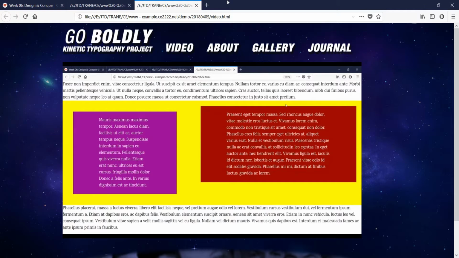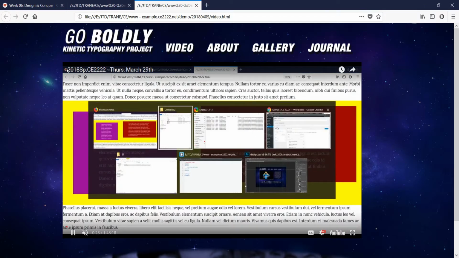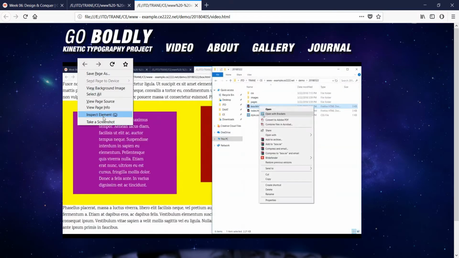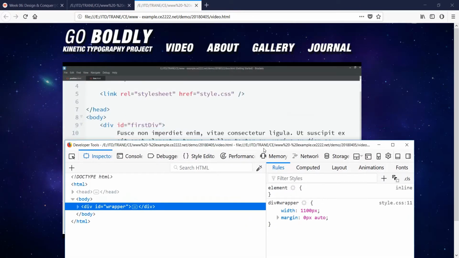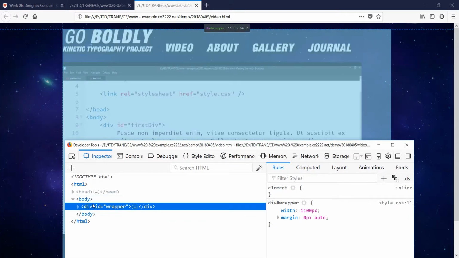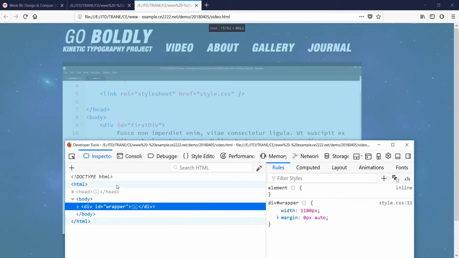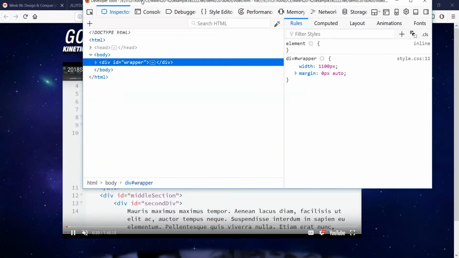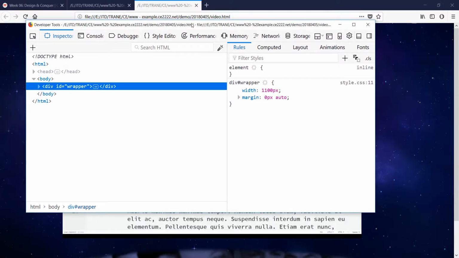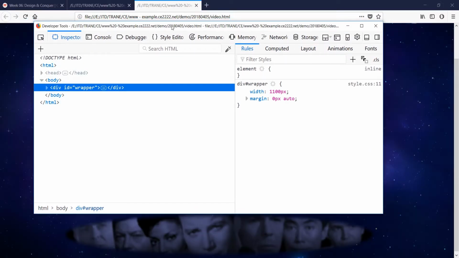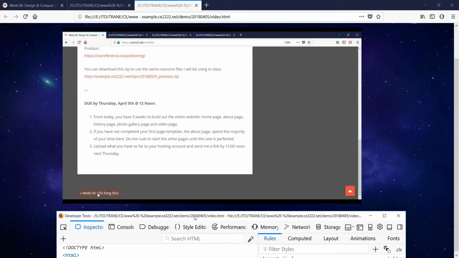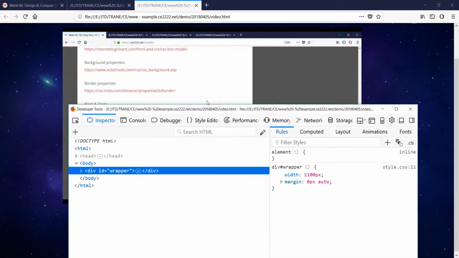Okay. So, we had this. We have our wrapper, which is currently taking up 1100 pixels, and our video is 1000 pixels. So what we could do is, if we want to make sure that our video is centered within this area,